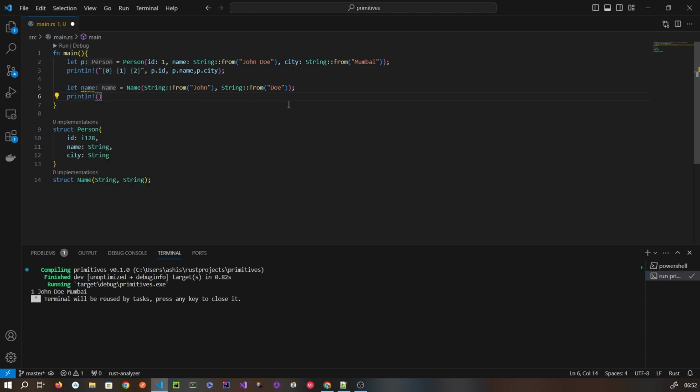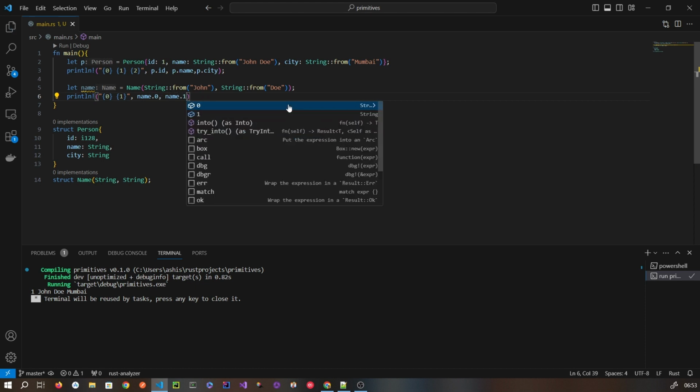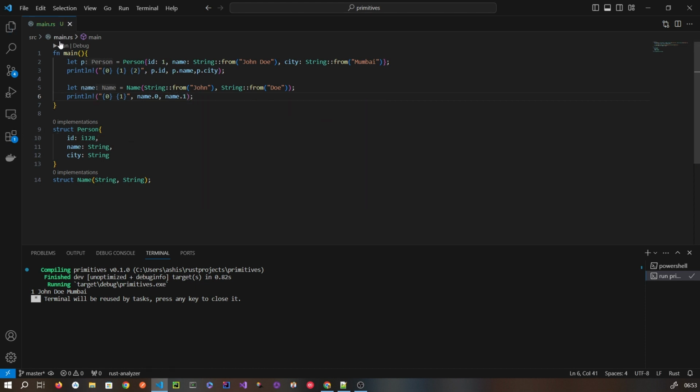In order to use a tuple struct, I need to use it like this: name.0 and name.1. So if I run this,